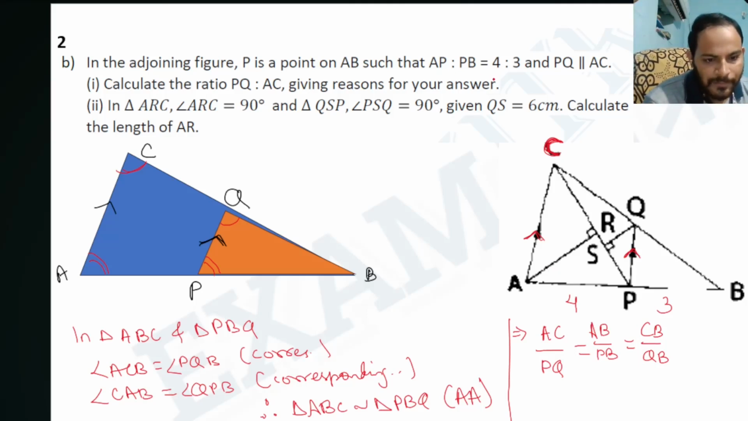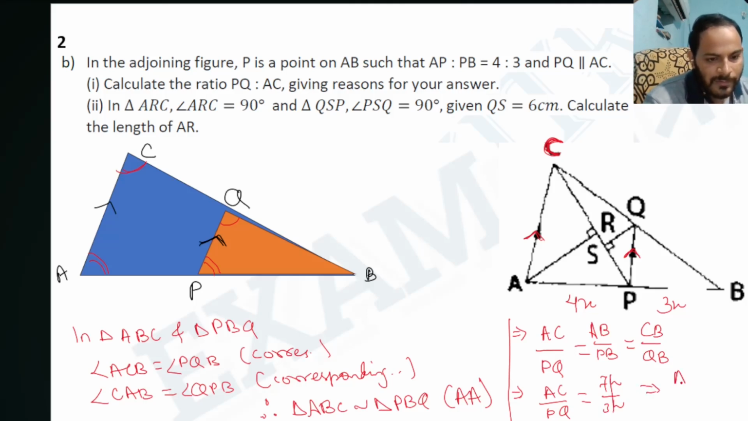AP is to PB, not AP is to P. We do not have any ratio here. AP is to PB, but we have AB is to PB. Now let's understand this. If AP is to PB is 4 is to 3, I can say that AP is 4x and PB is 3x. So what will be AB? AB will become 7x. So this implies that AC upon PQ is 7x upon 3x, and these two got cancelled,